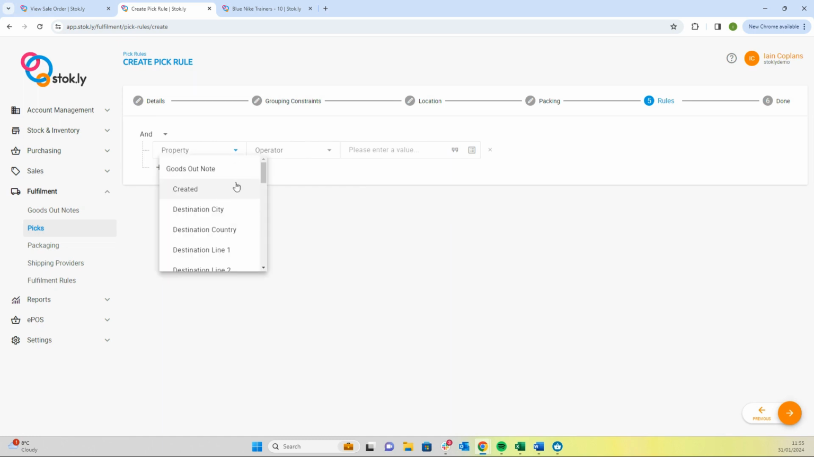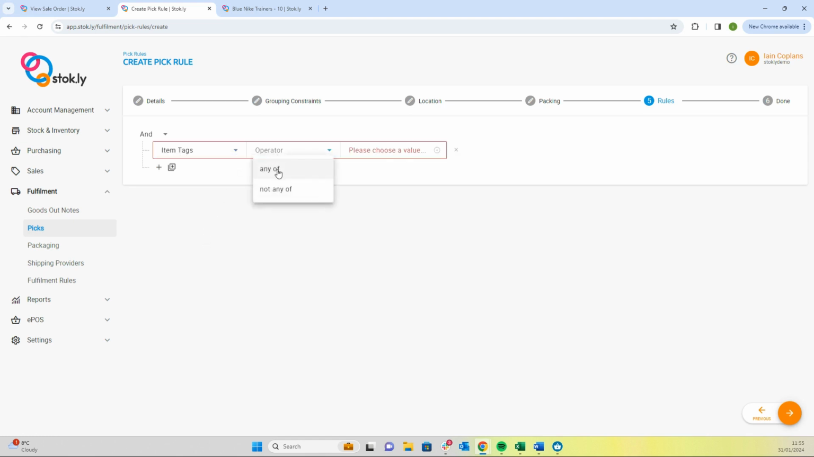So there's a lot of logic that we could use here to create picks and separate them out. What I would recommend is before you start doing this, you speak to your account manager. They'll write the rules with you, understand your business model. They can explain this to you and make sure that these rules are tested and work before obviously going live with them. In this case, we're going to say item tag any of